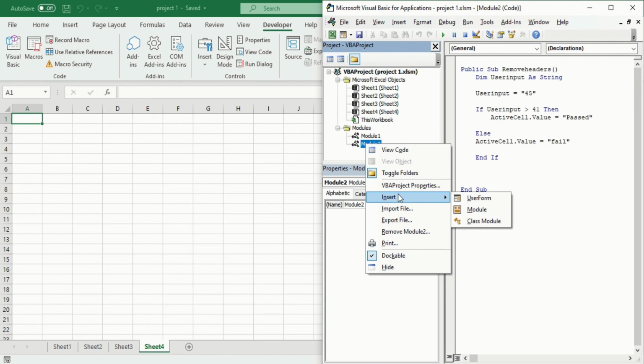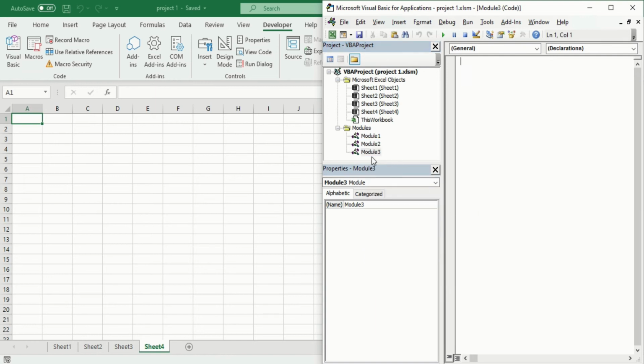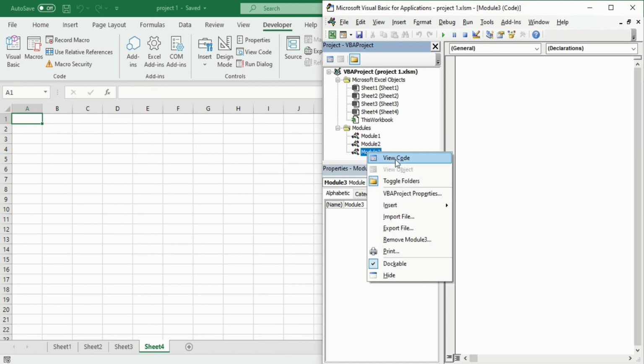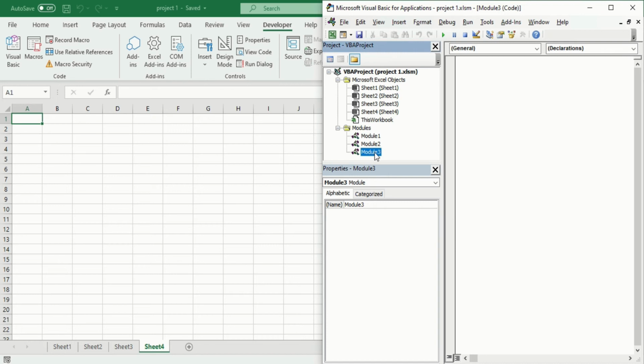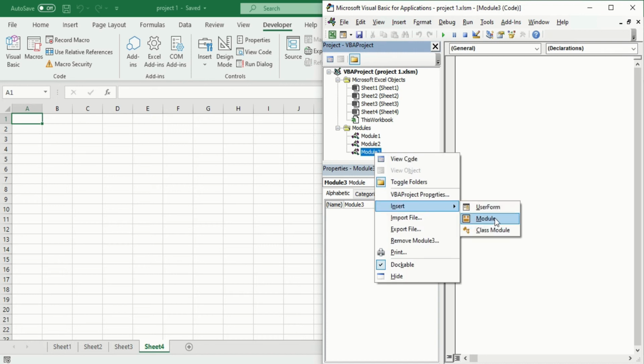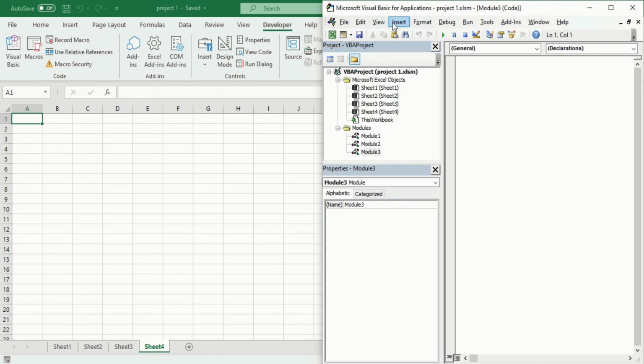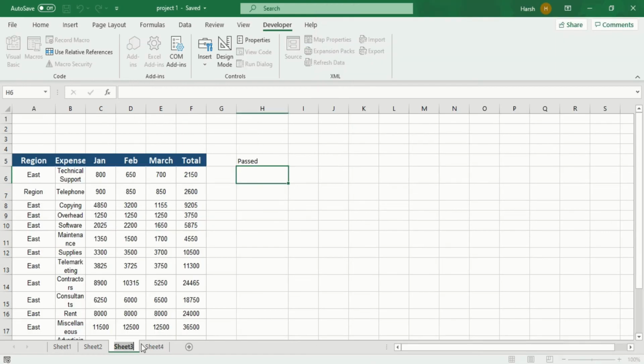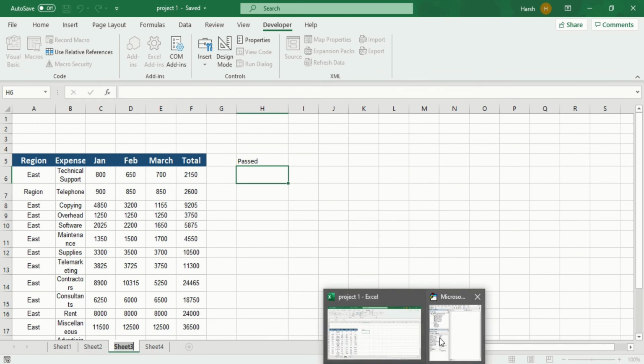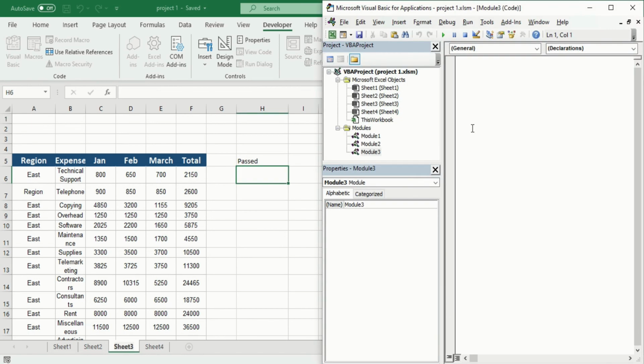So we can insert a new module. You can say this is a procedure, so there is more than one procedure. You can right click in here, choose the Insert option, in a procedure, or sorry, module. In the module, just insert module. Or you can go in here to the Insert option, click on Insert and click on Module. So we already created a new module. Now this is a new sheet, this is Sheet 4. In Sheet 3 there are previous examples. Now we go back to our VBA. So now we should write a code.